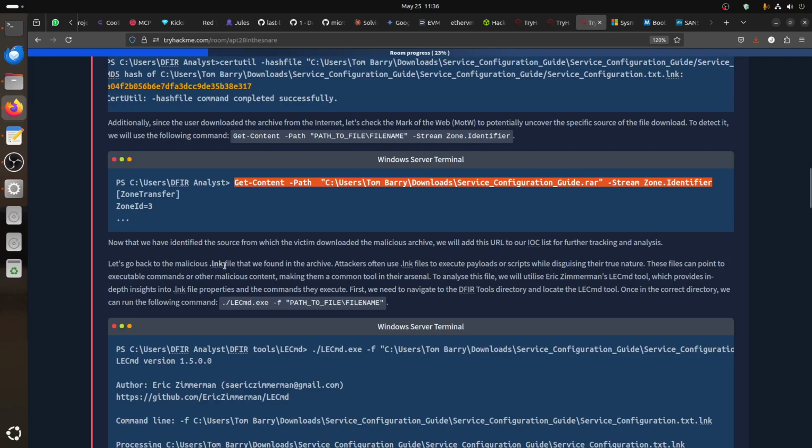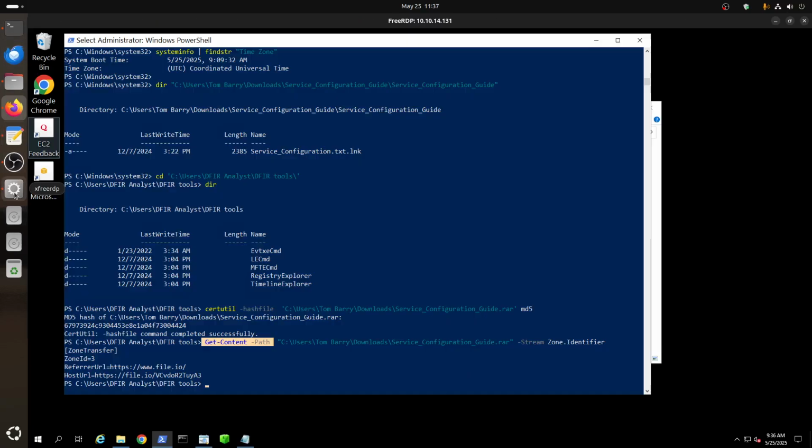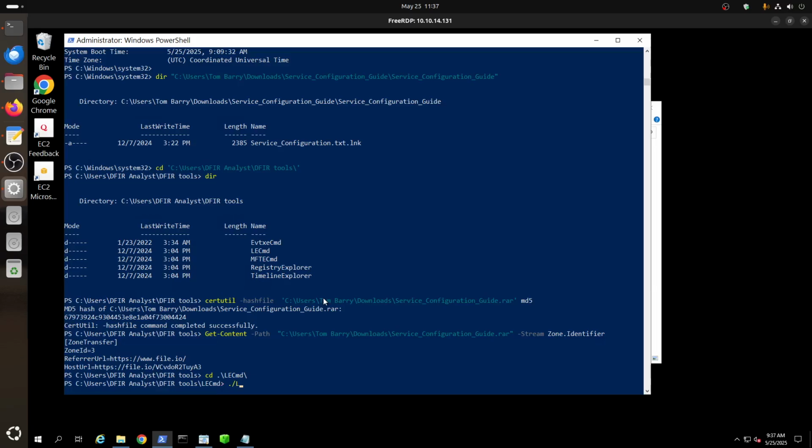So now we have where it was downloaded from, but let's also go back to the malicious link. The command is LECmd, and then we just give it the file. What's the file? The file is in, minus f. That's the command, you give it minus f. The file is C:\Users\Tom\Downloads, and then what's the name of the